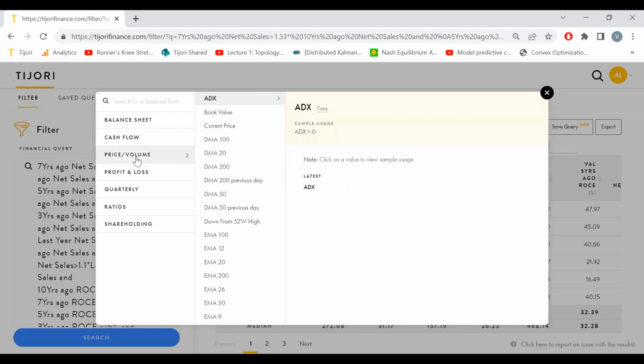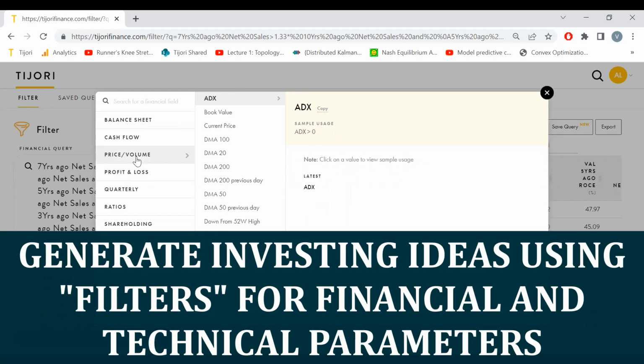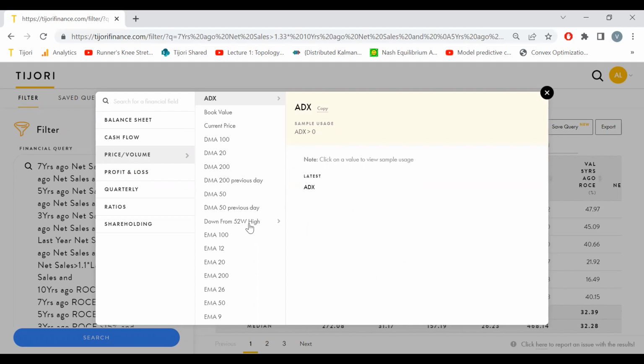I know Saurabh talks a lot about blending technicals with fundamentals. You can also search for some pseudo technical parameters. Because we are geared towards fundamental investors, there are not that many, and we have only what's mainly used by fundamental investors.